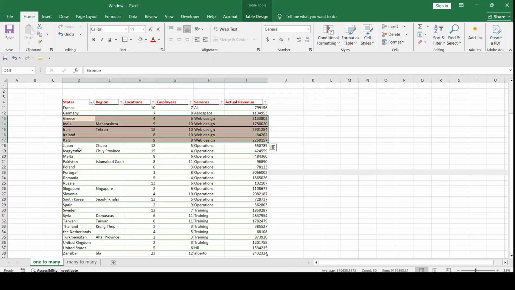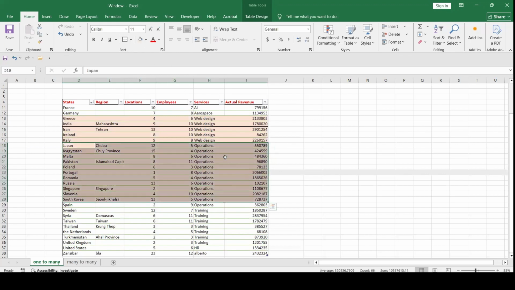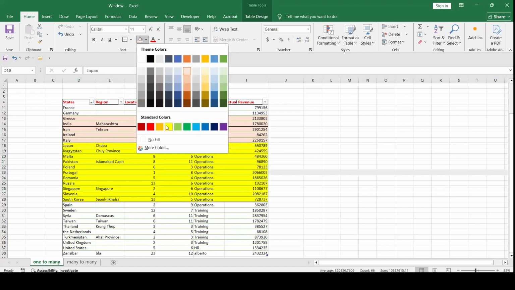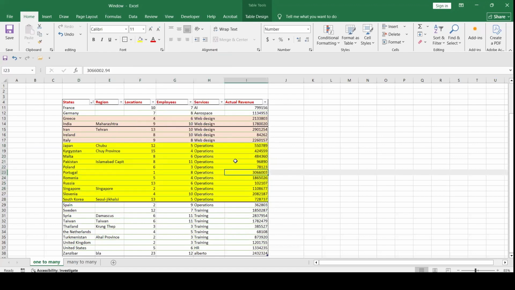So I have a request from my customer. He wants to see the actual revenue, top highest, let's make it with another color. Top three highest revenue from each category. So meaning that I need to extract from web design the highest revenue.